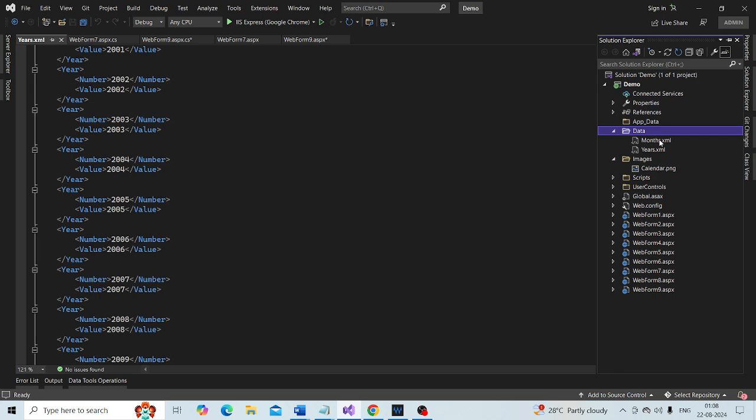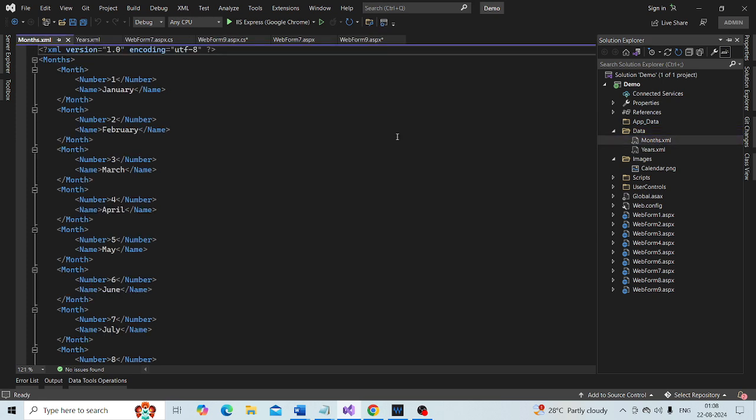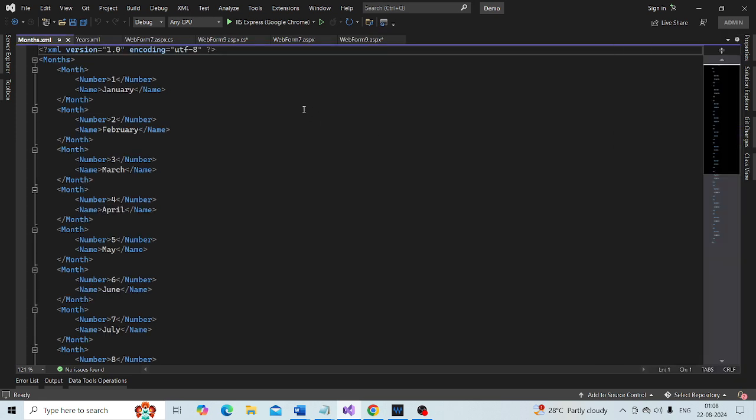If you look at it, I have the months root node, and then month elements, within which we have the month number and month name.